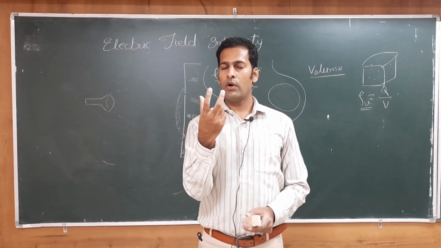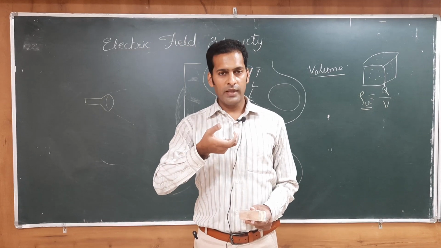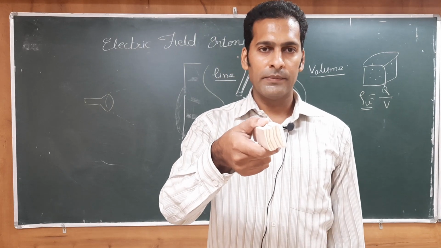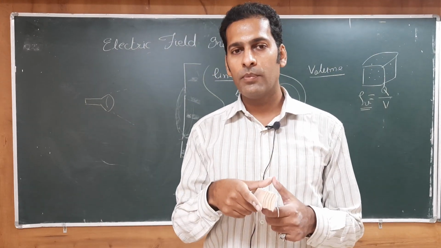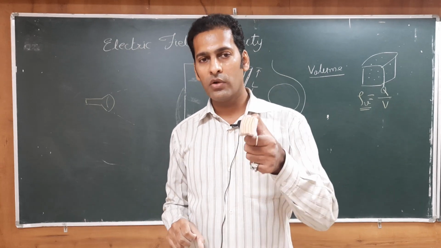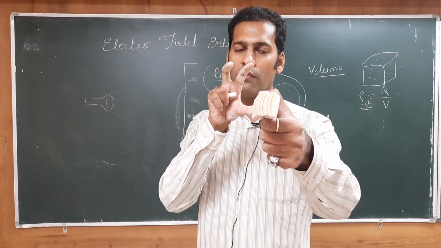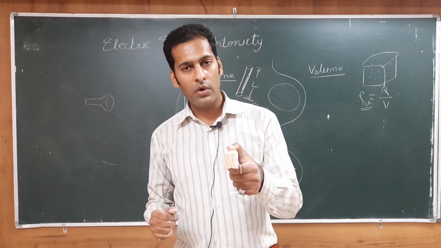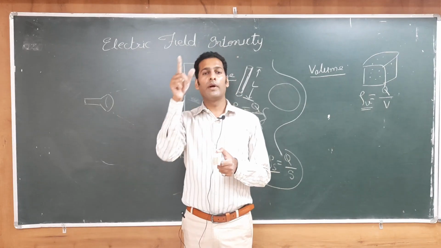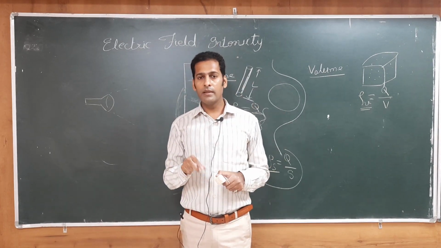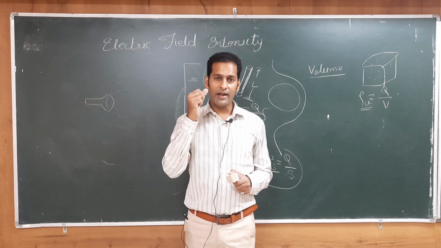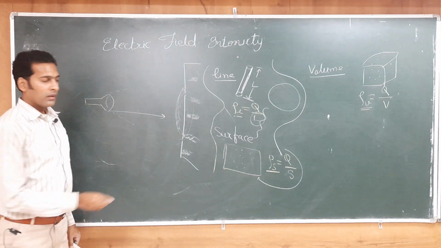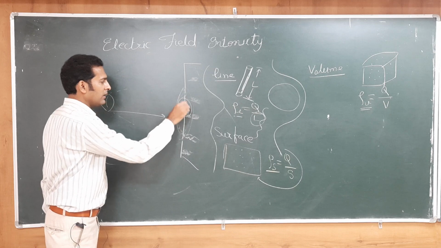That light spot will have some intensity and density. Now, imagine that you are holding this torch and you are moving towards the wall. So, what will happen? The area of that spotlight will decrease as you are going closer, but the brightness of light in that small area will increase. Are you getting the point? If you are going away, the area will increase, but the density will decrease. The light intensity will not have same value. It will not be that much strong. So, as you go closer, the area decreases, but the density increases.